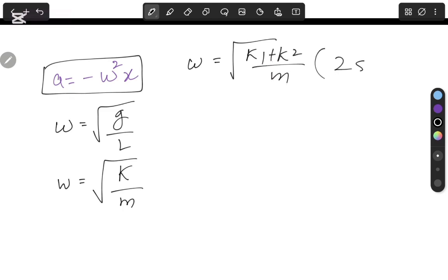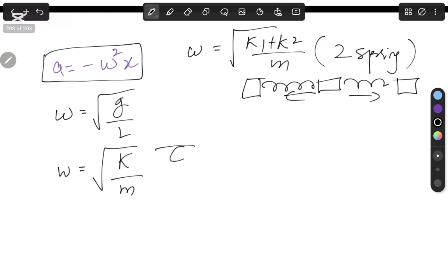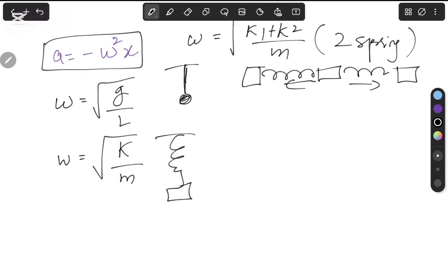This is when you have two springs. This system will look something like this. So this mass will oscillate back and forth with both of the springs having different spring constants. This will be when you have a spring and a mass, and when you have a length L and a bob, and then the last one